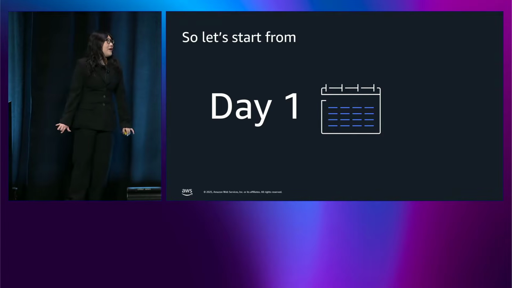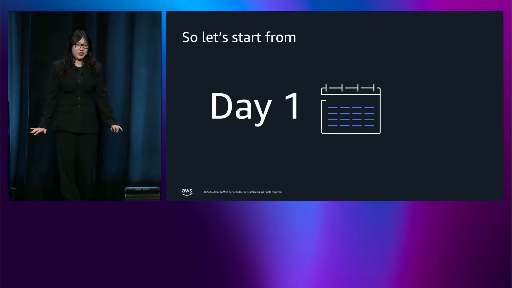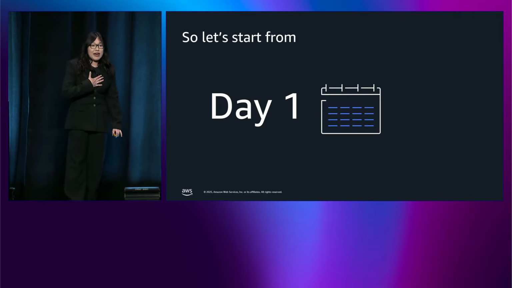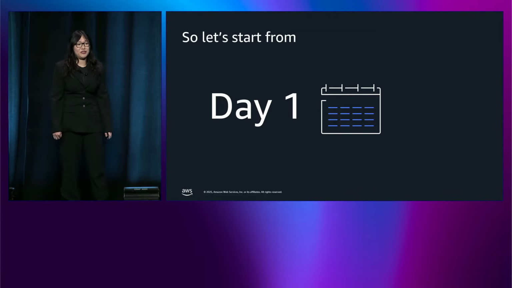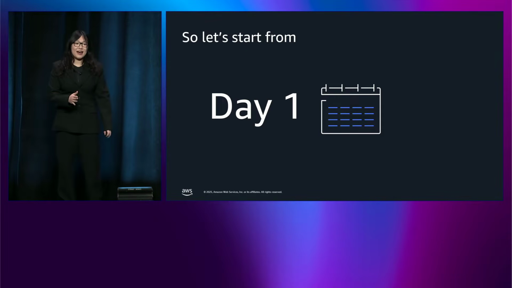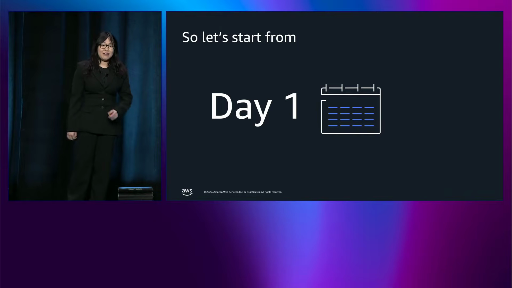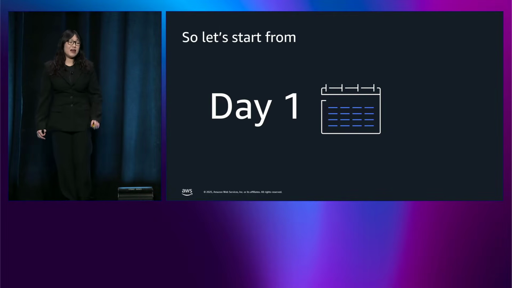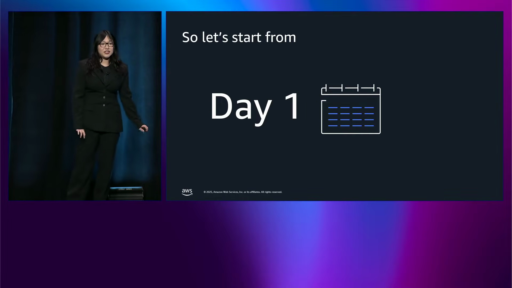So let's start from day one, right? We don't have an application yet. Perhaps the only application that I know how to get started with is a 3-tier web application, right? That's a front end, a back end, and a data store layer. So that's something that we can think about when we first start building our architecture. And we also have this cycle of continuous improvement, right? Of building, measuring, and learning. So I'm going to start with my 3-tier web application today.